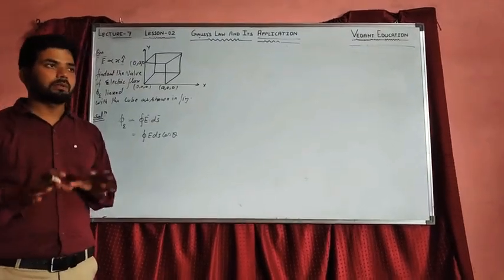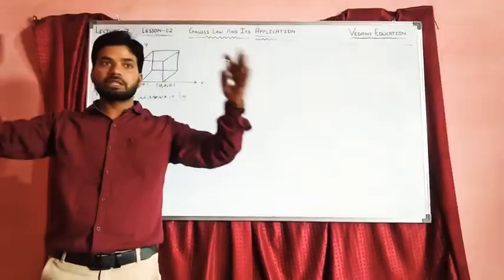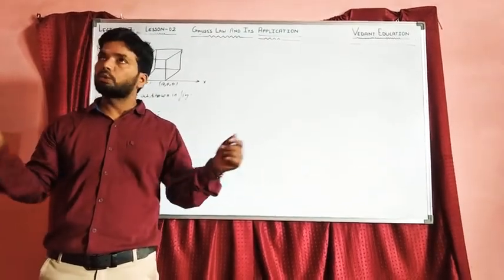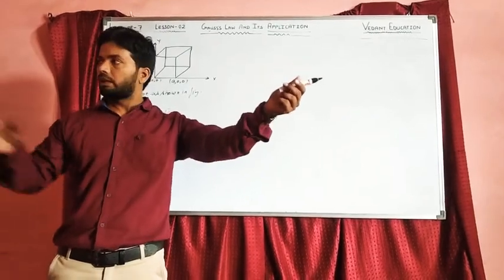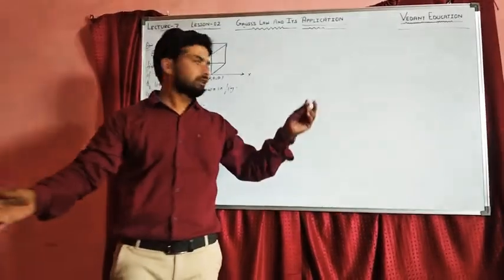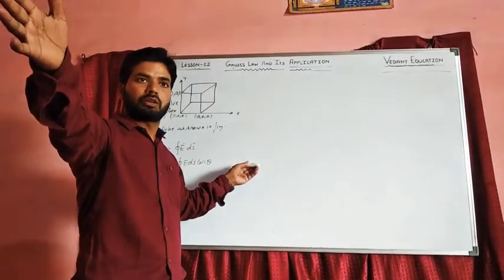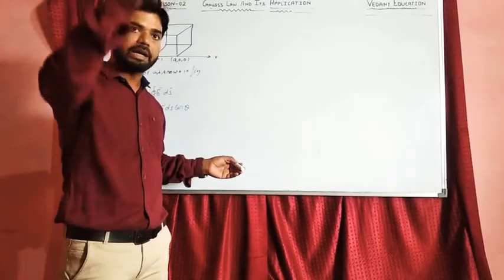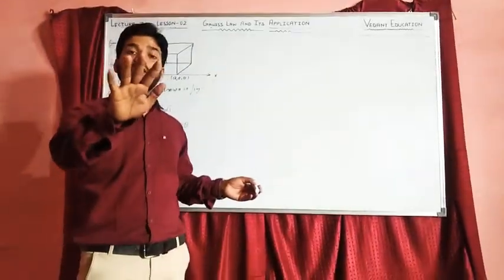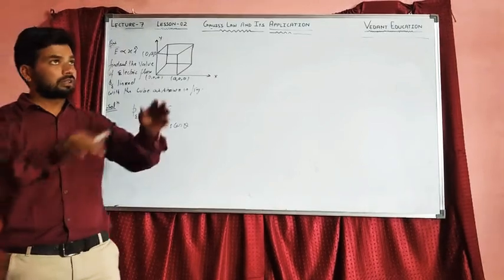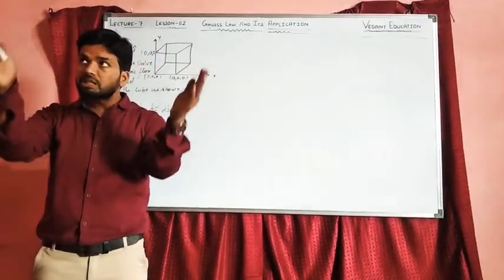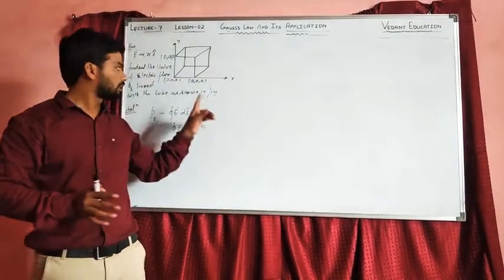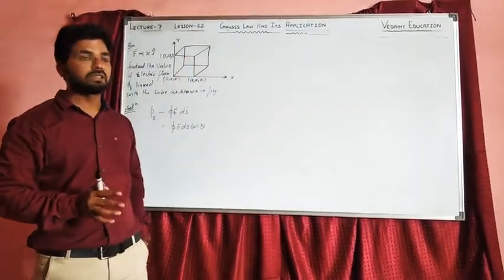Let's understand the problem first. This room is in the form of a cube. There are 6 faces of the room. This one and this one, these are the 2 faces. This one, these are also 2 faces. So there are 4 faces, and one is the ground and another one is the top. So there are 6 faces of the cube. Faces of the cube are of the same area because the length of the cube is the same on all sides.